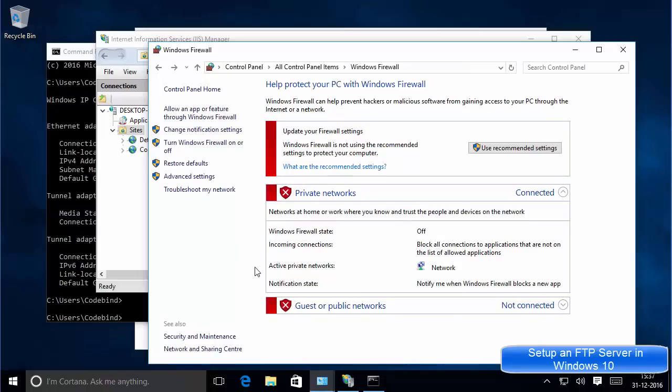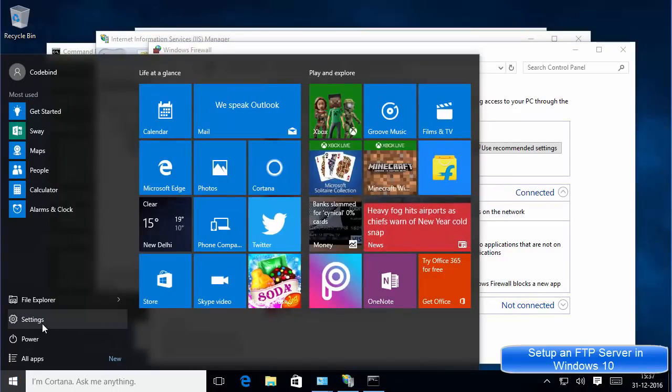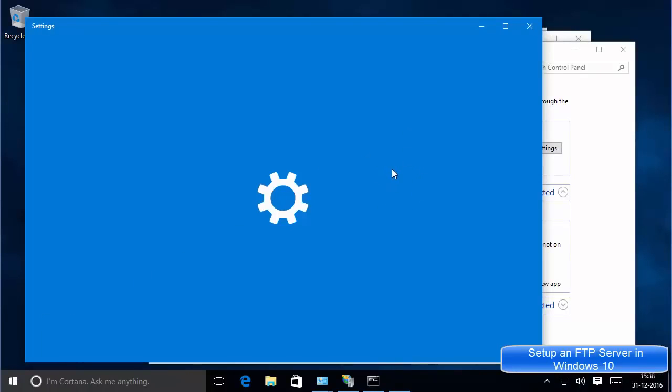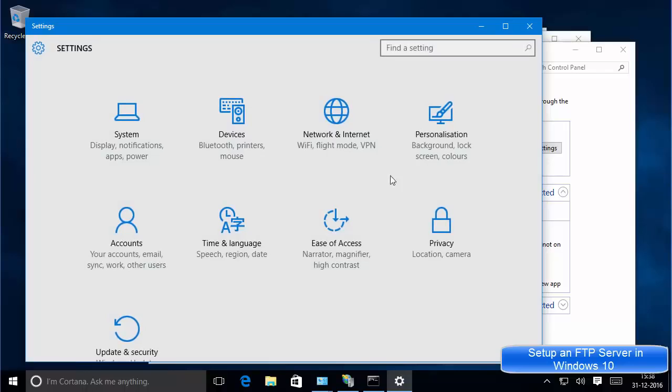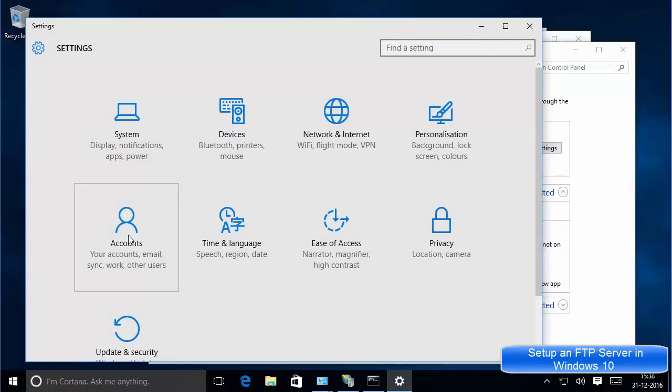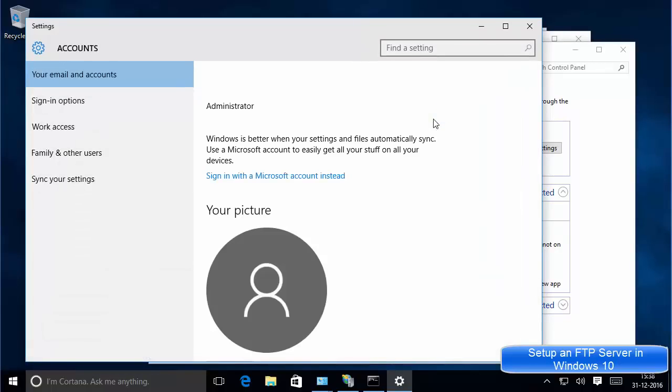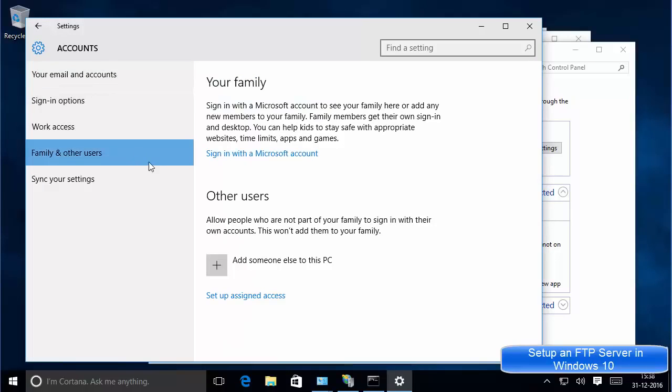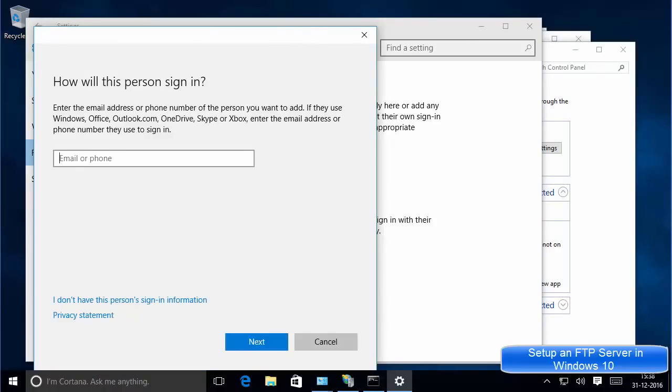Now we need to create an extra account for the FTP user. So just go to the start button once again. So just click here on the start button and then choose this option which says settings, and in the settings you will be able to find the option called accounts, which is this option. Just click this accounts option, and then it will allow you to create a new account for your computer. So in accounts you just need to go to family and other users, and in the other users just choose this option which says add someone else to this PC, and this is going to give you this kind of